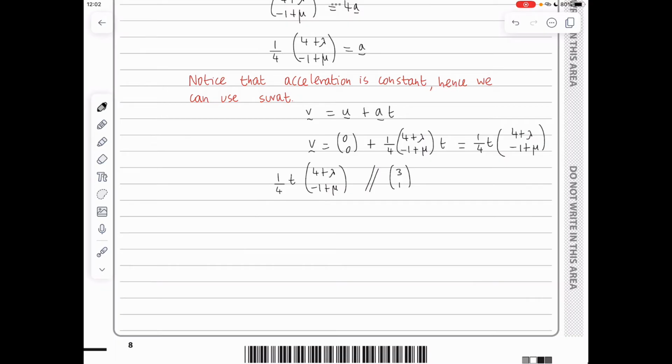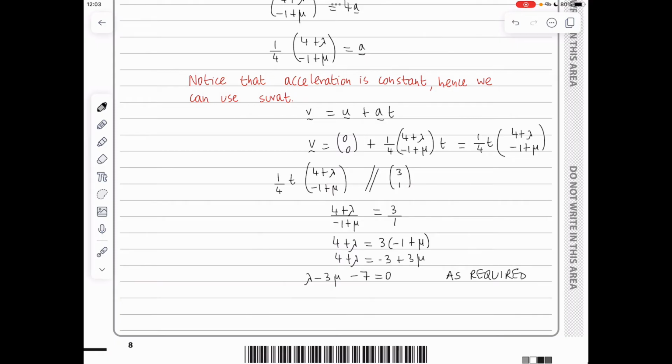I could completely ignore the a quarter t and simply say that 4 plus lambda over minus 1 plus mu is equal to 3 over 1. I can cross multiply. 4 plus lambda is 3 times (minus 1 plus mu), which leads to 4 plus lambda is negative 3 plus 3 mu, and therefore we end up with lambda minus 3 mu minus 7 is 0